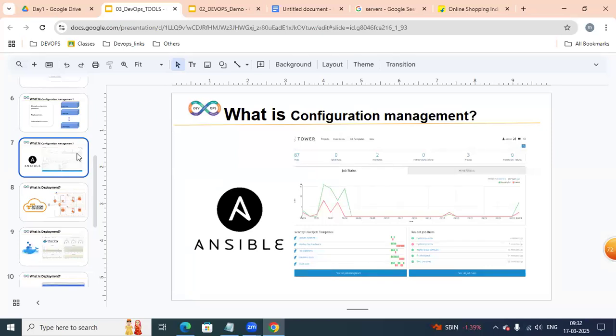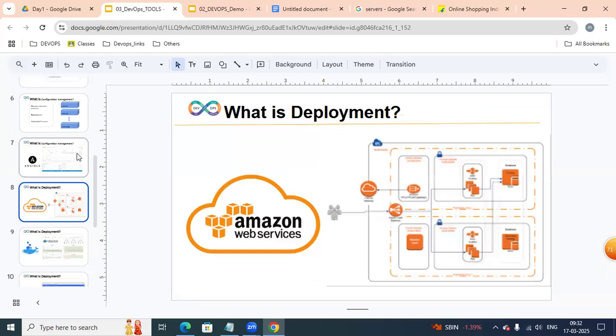But from where exactly can we get these hundreds of servers? Either we can get them from a physical environment, or from a virtual environment, or from cloud, using AWS, Amazon Web Services. By using AWS, we can get hundreds of servers.